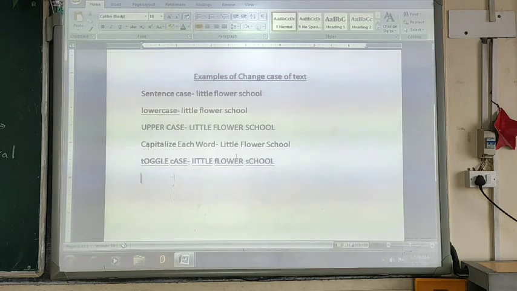And in the next session again we will learn about how to set the paragraph spacing, what is the meaning of paragraph spacing and why it is important, and how to set line spacing, that is the distance between each line or sentence, and then how to print your document, what is print preview, and what is the importance of print preview.